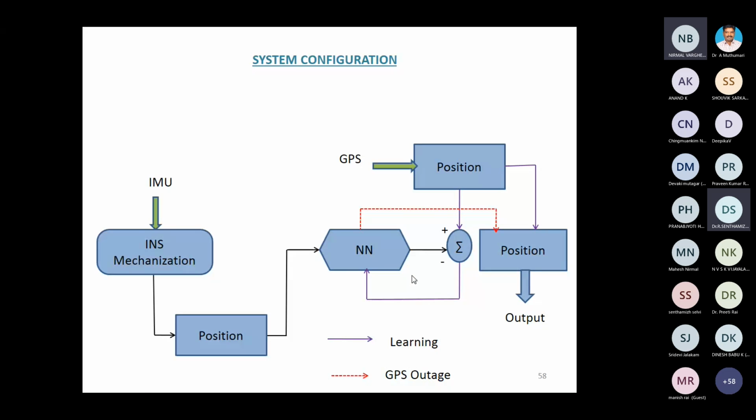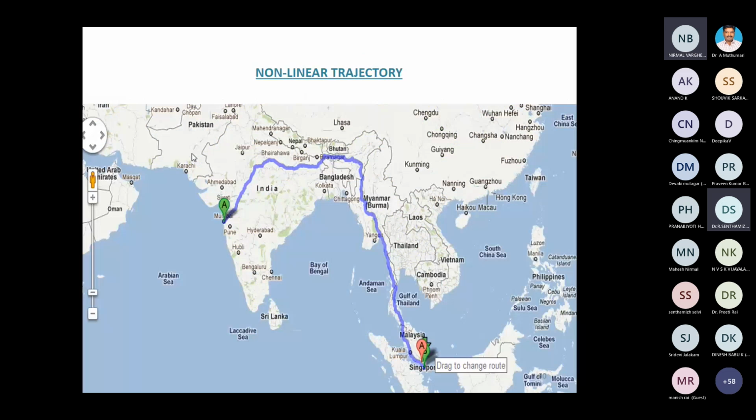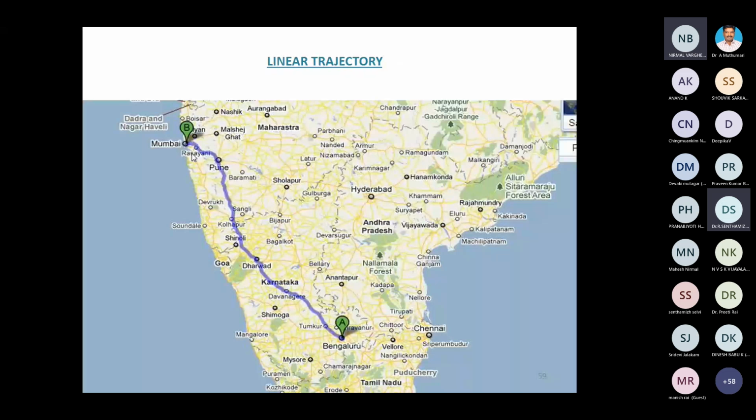Okay, right. Now, this is the trajectory I considered for the earlier work, the same trajectory. And this is a non-linear trajectory. This trajectory of values, I'm going to take as latitude, longitude. And if it is an aircraft, I will also see the altitude. Then this value can be trained. And what happened after the training? The trained value will come on par with the GPS value. Then you will note down the error. This is what I'm going to do with the simulation of MATLAB, in the MATLAB optimization toolbox or genetic algorithm toolbox.